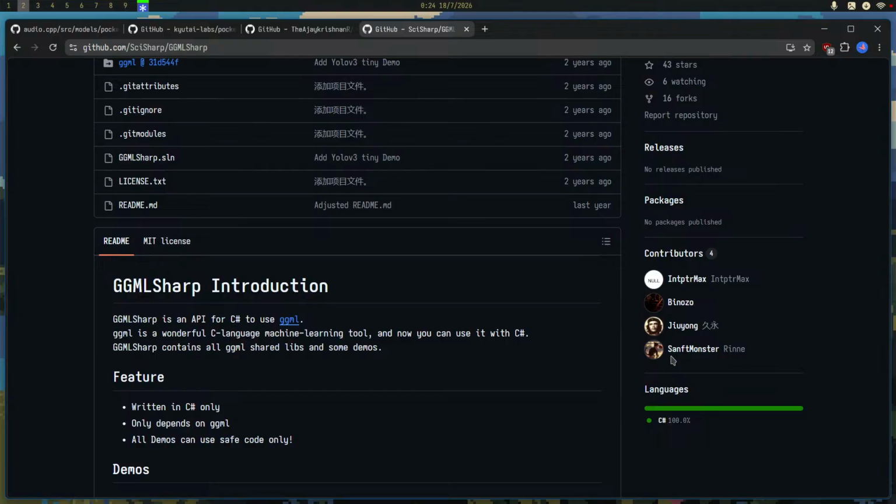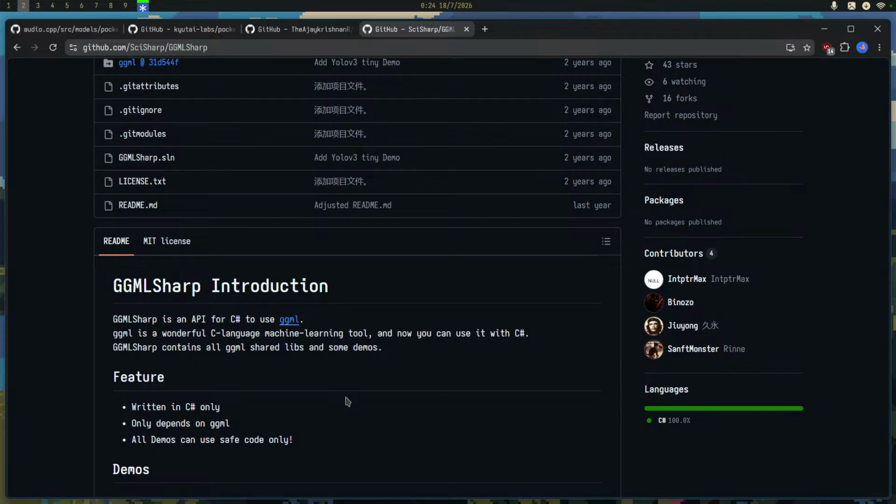So you can basically call the functions that GGML exports using DllImport. You can use native interop in C# to call the library, and that is possible because GGML is written in C.